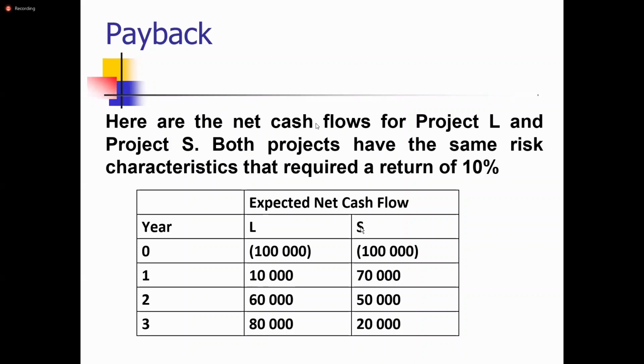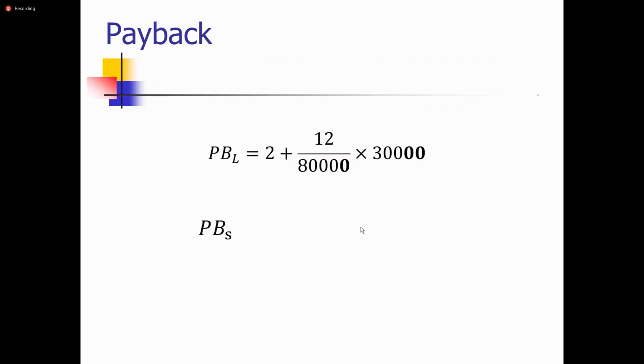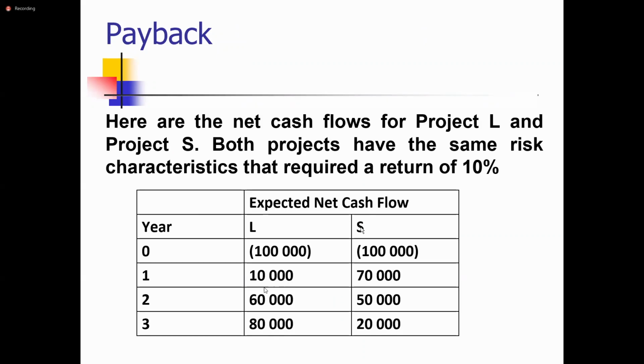2 years and 4 months, madam. 2 years and 4 months. We'll see. Yes, within 2 years you can recover 70,000. So 30,000 remains to be recovered in year 3. But the year 3 cash flow